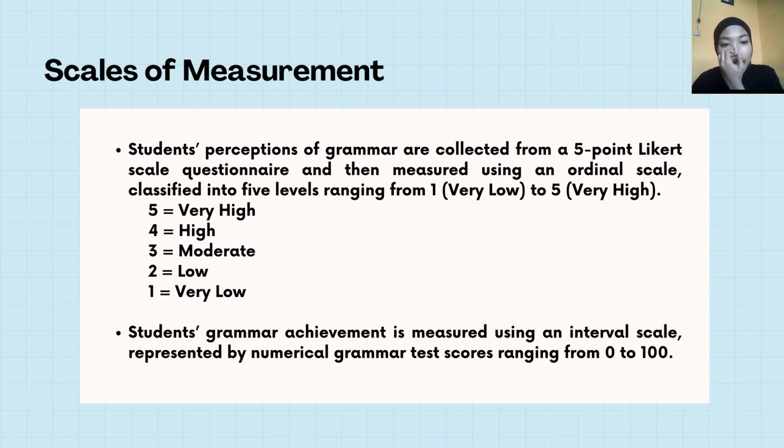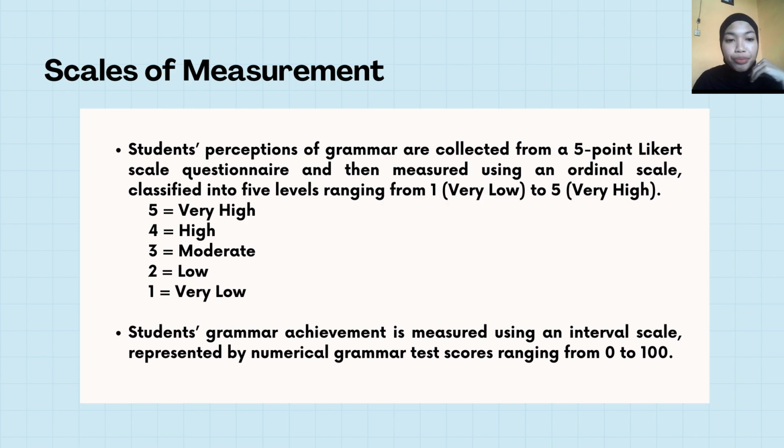Scale of measurement: students' perception of grammar is collected from a 5-point Likert scale questionnaire and then measured using an ordinal scale, classified into 5 levels ranging from 5, which is very high, then 4 high, 3 moderate, then 2 low, and 1 very low. Students' grammar achievement is measured using an interval scale represented by numerical grammar test scores ranging from